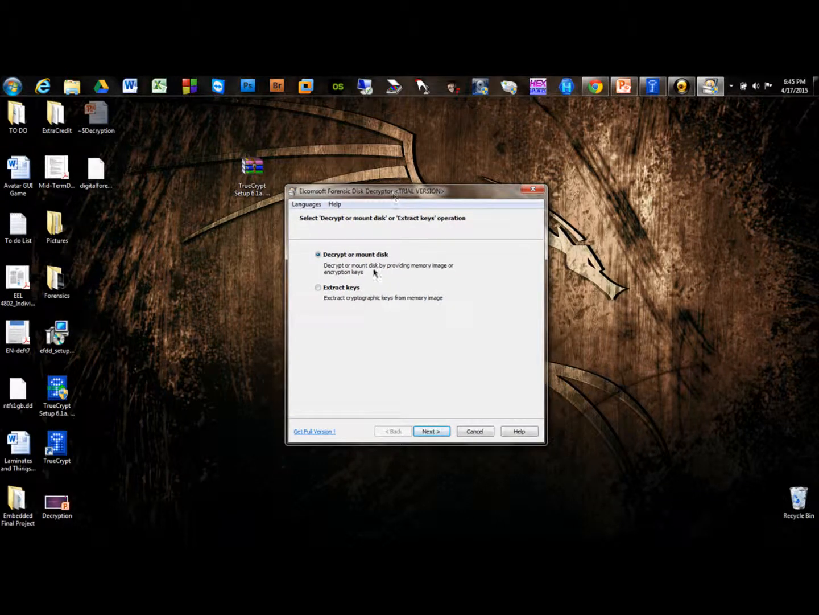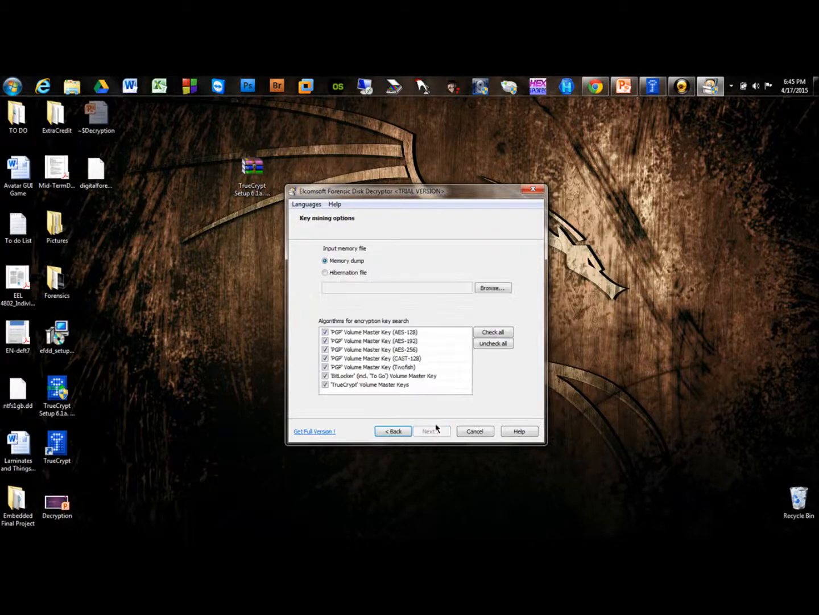When you open it, you are going to be able to choose between decrypting or mounting a disk or extracting keys. Let's go with decrypt or mount disk for now. Before that, let me show you what extract keys is. Here you can input a memory dump file, a memory dump or hibernation file, and then you can select the algorithms for